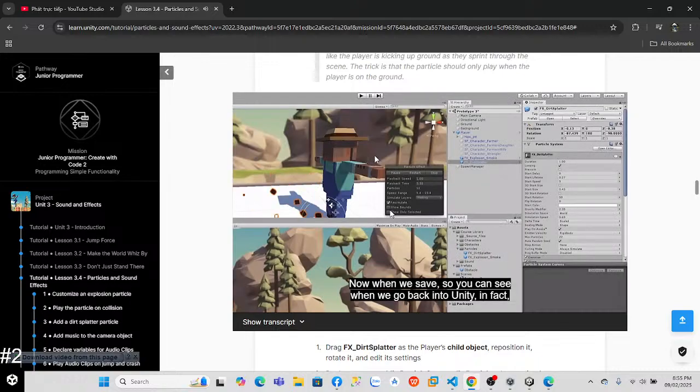Now when we save, you can see when we go back into Unity, the play on awake is actually set to on for our dirt splatter, which is fine, so that you can see it when the game actually starts. And then when we press play,